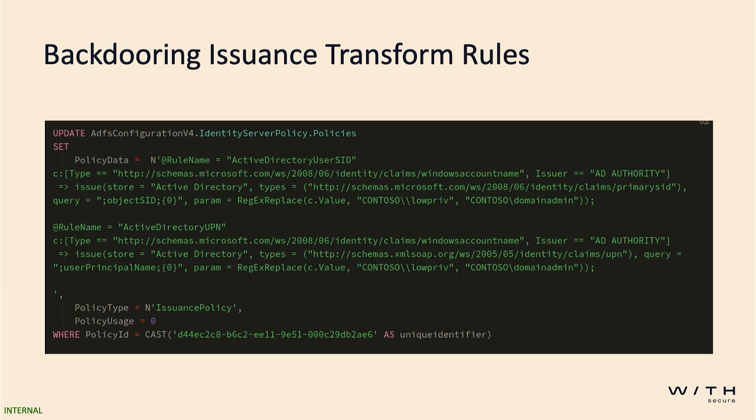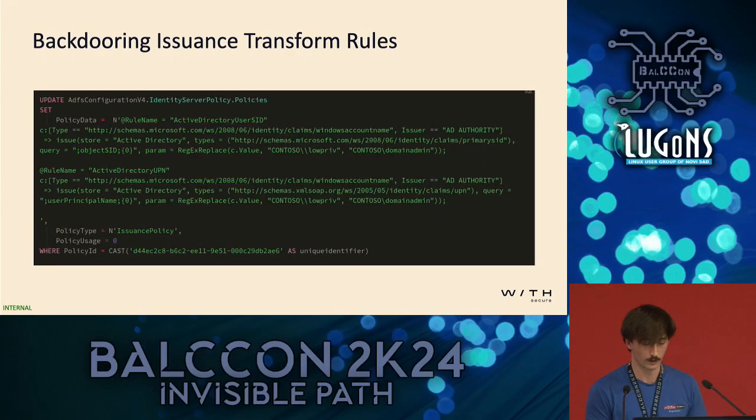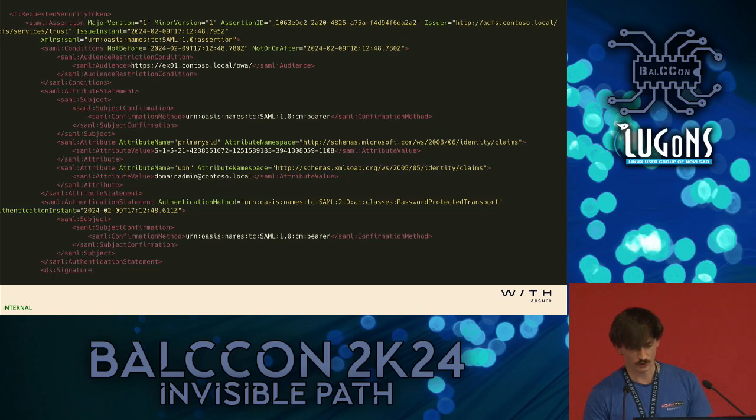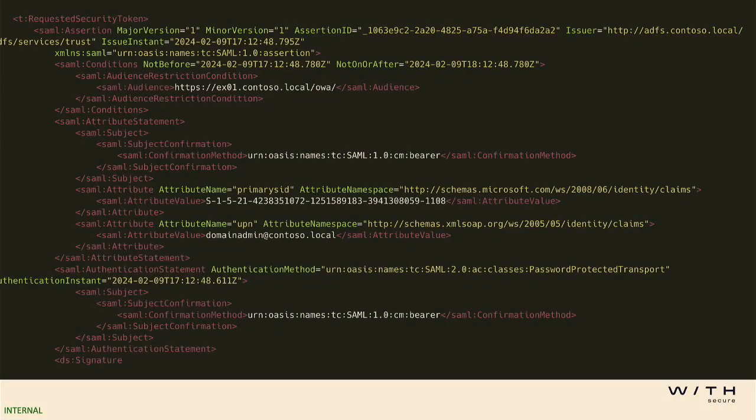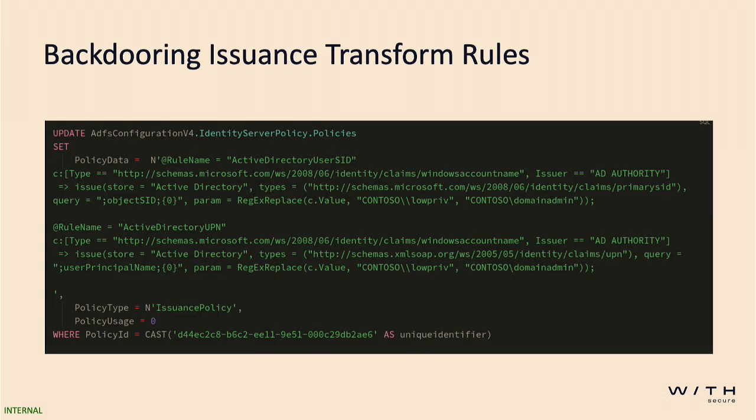Obviously, that could be any user you wanted, assuming you had the authentication material for that user. There is more to be researched here. There probably is a way of doing it where you don't actually need authentication material. You can skip that domain controller lookup stage, but then it has the pitfalls of the previous golden SAML attack. So I'll probably stick with this way. As you can see here, I've logged in with this low priv user, and this is an extract of the SAML information, the XML from the token. The claims has the attribute value of domain admin at contozzle.local. And as you see here, I've basically made it regex replace low priv for domain admin. So yeah, pretty handy.